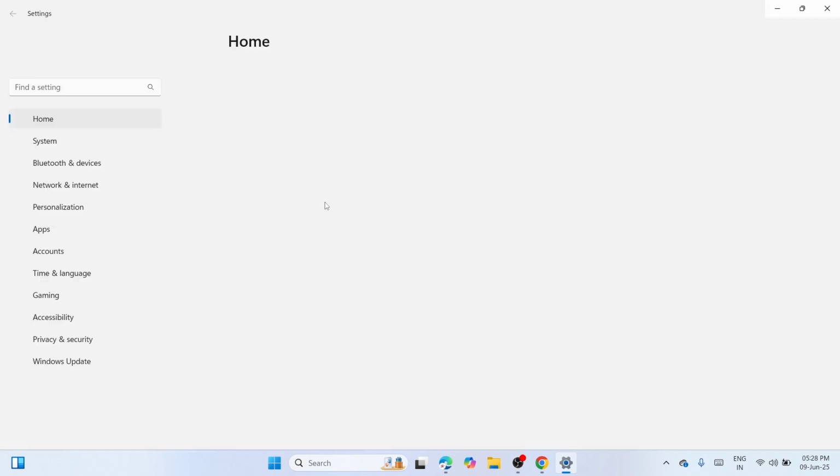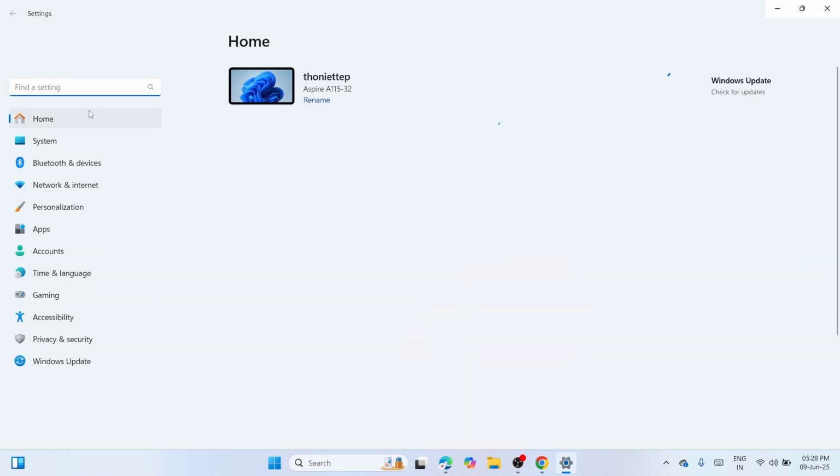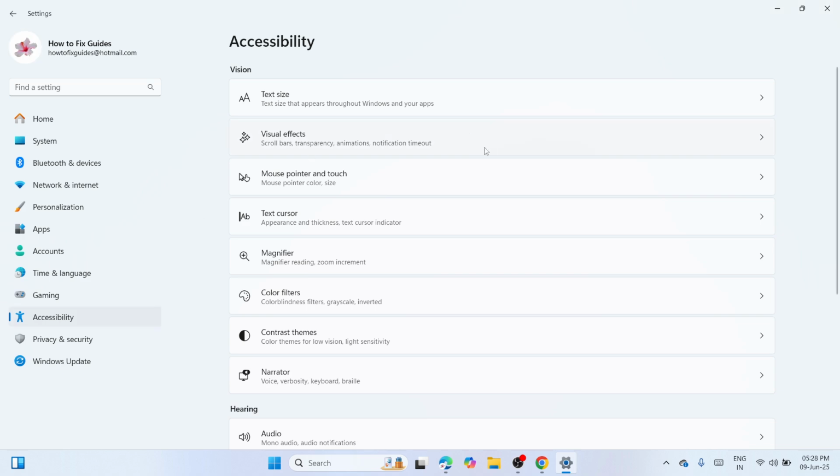So here at the settings, please directly proceed to the left side and you can see there accessibility next to gaming. So please click on it, and this accessibility is composed of three categories, which are vision, hearing, and interaction. And since we're dealing with the zooming in of our Windows 11, then we need to proceed here at